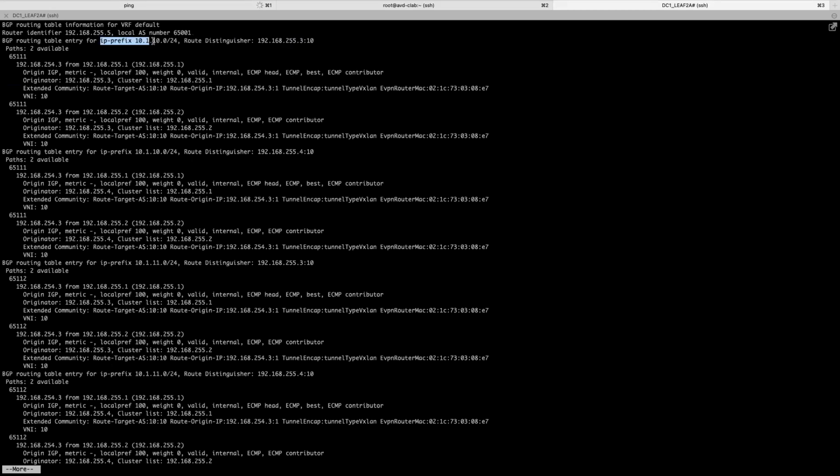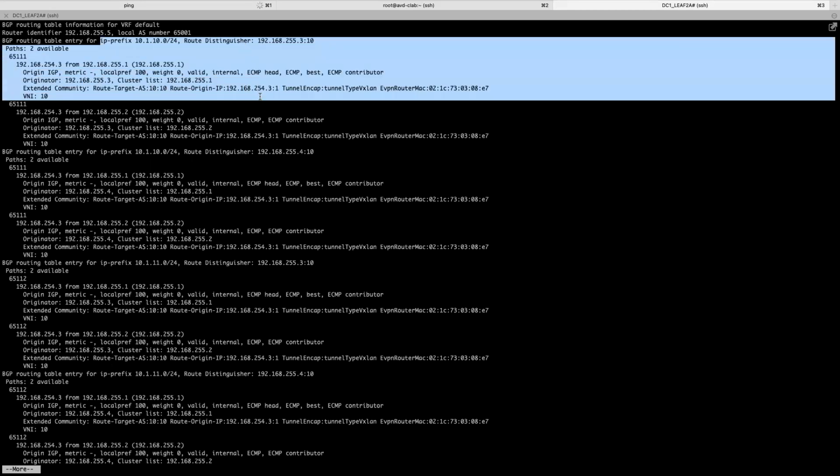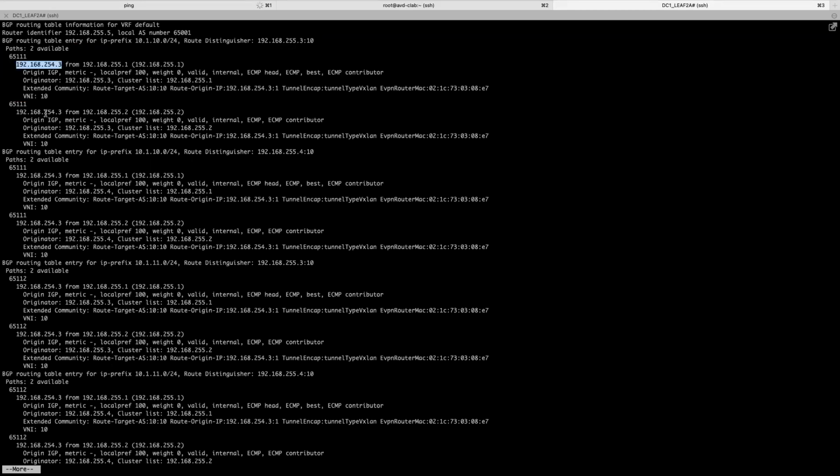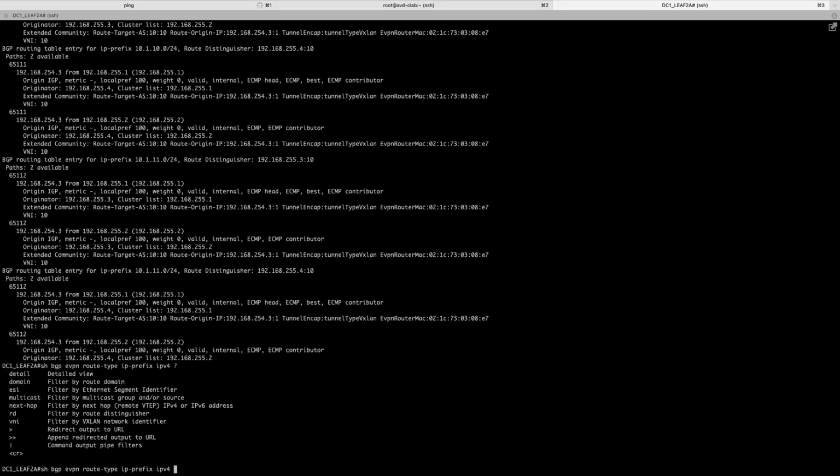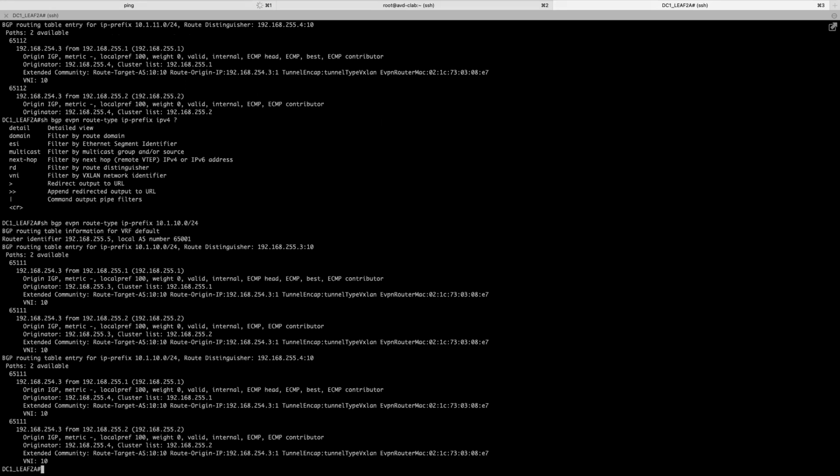Basically, we have received this route 10.1.10.0 from this VTEP, the leaf 1A, 1B pair, from both the spines. So we have received this route with route target 1010, EVPN router MAC, and VNI 10. And as soon as we, so let's type this way, IPv4 10.1.10.0/24, right? So basically we received this route